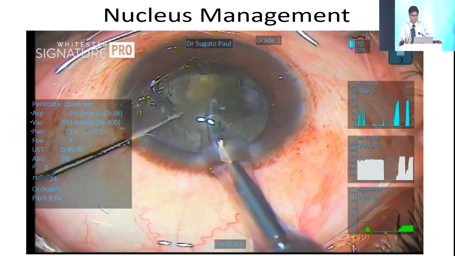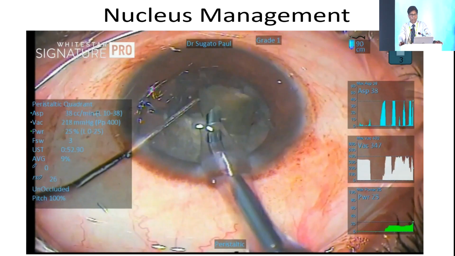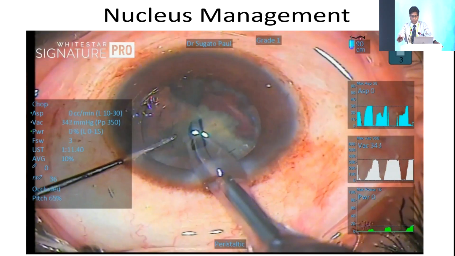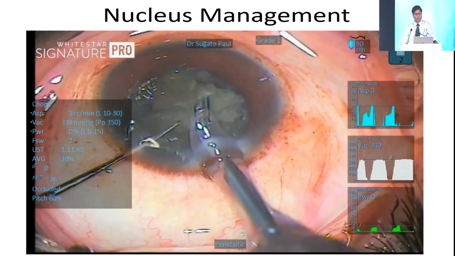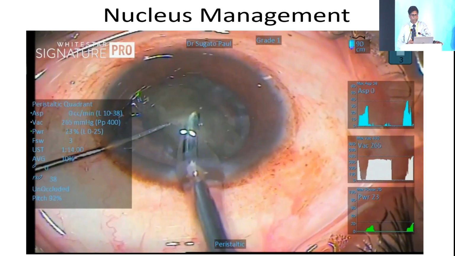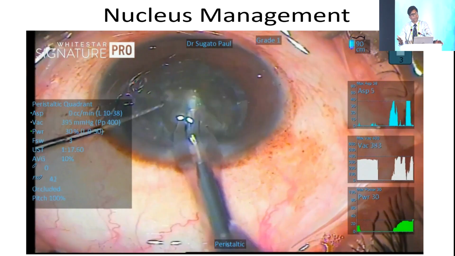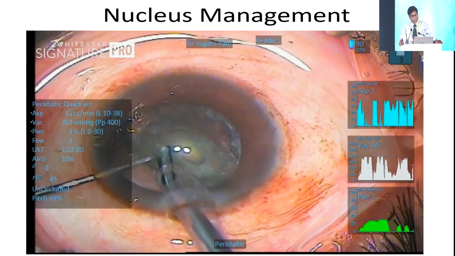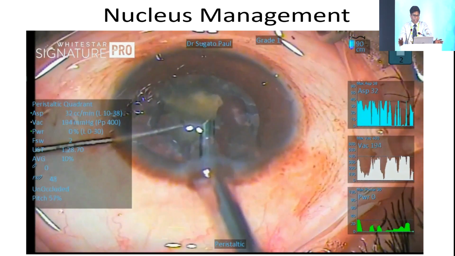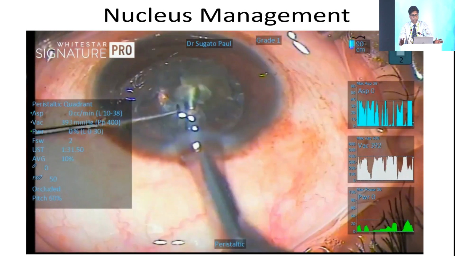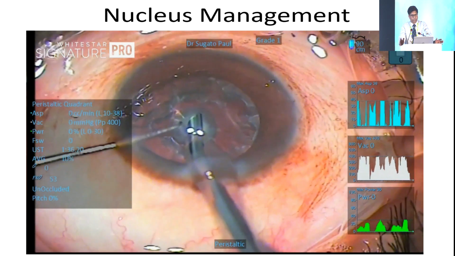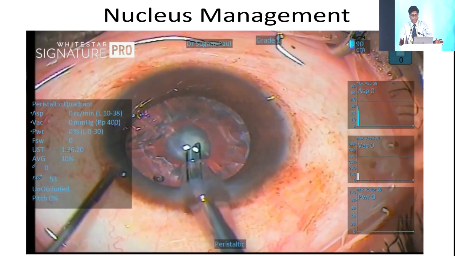So half of the nucleus is gone. What comes to mind at that stage? If I drop the nucleus down now, I'm dropping half of my nucleus. I have to pay half of my fees to my retinal colleague. Jokes apart, what I'm doing now is nudging the nucleus out without rotating, and chopping it again and taking the fourth piece out. So far I am not rotating the nucleus. By this time the natural flow of fluid has done the hydrodelineation quite well and the nucleus is mobile, and now I am able to take out the last piece as well, without rotating the nucleus. Now for every beginner, don't relax, only half the job is done.